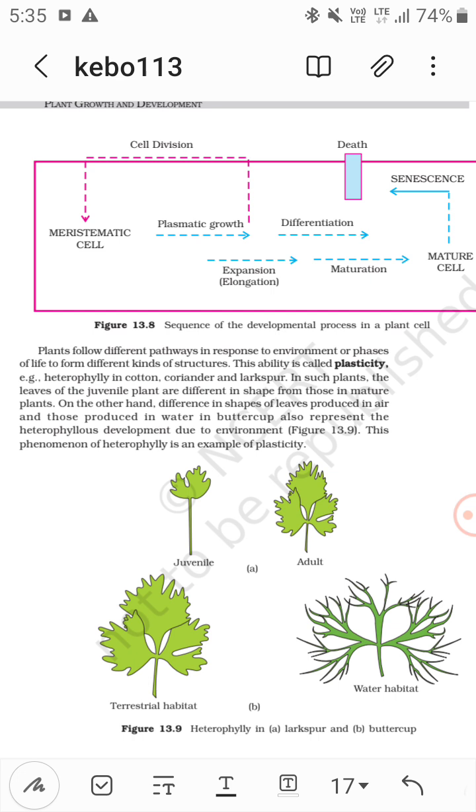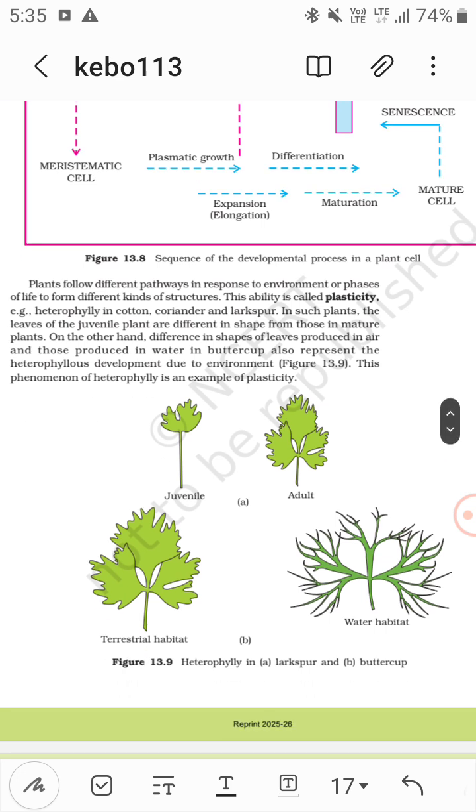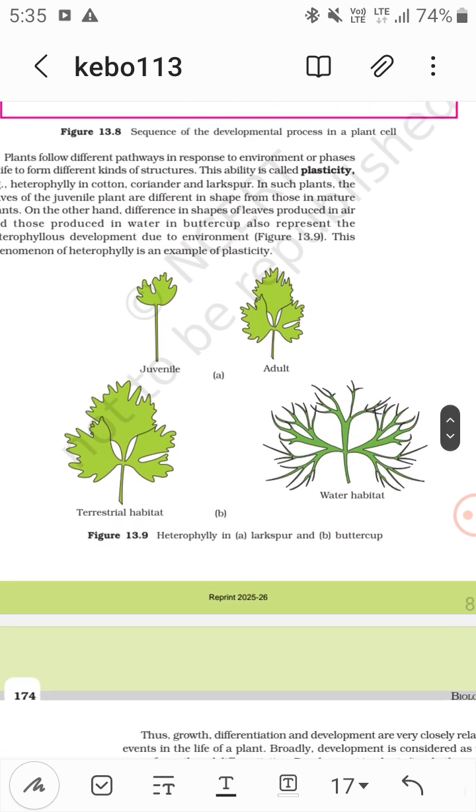So an example is buttercup. The difference in shapes of leaves produced in air and those produced in water in buttercup also represents the heterophyllous development due to the environment. So this phenomenon of heterophylly is an example of plasticity. First example, juvenile and adult. Second one is